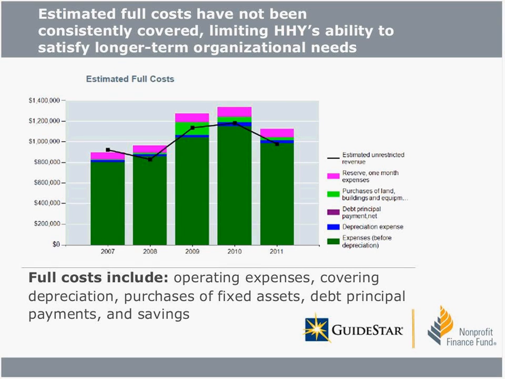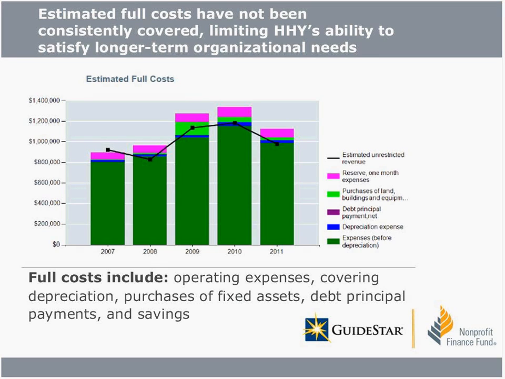The graph here starts with expenses, the green bar, and there's components of full cost. More specifically, the dark green bar, I should say, is for operating expenses. Then we have on top of the stack depreciation, debt principal, fixed asset purchases, and an estimate of one month of savings. The black line then shows estimated unrestricted revenue, which can be used to cover these full